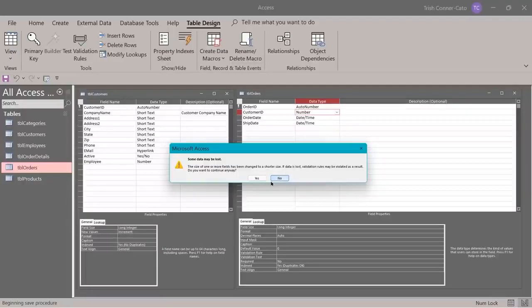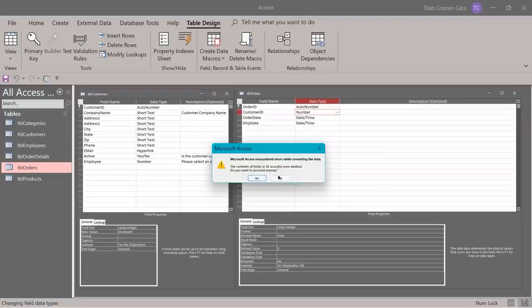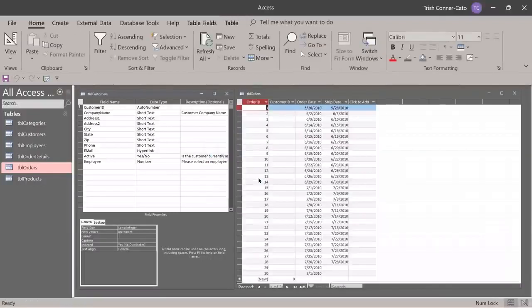We have to have matching data types here. So we're going to continue anyway by clicking yes. And then it lets you know it encountered errors and 30 records were deleted. We're going to proceed anyway. So now it takes me back to datasheet view, and notice we have the customer ID column, but it doesn't